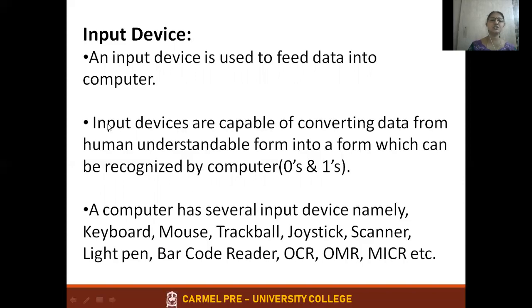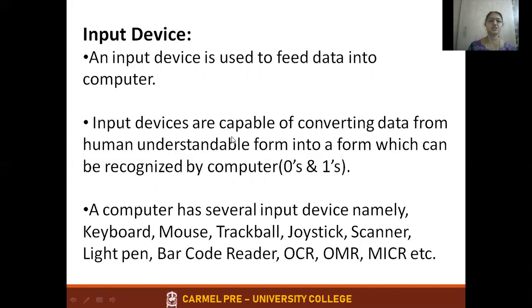These are the three functions of input devices. You can make a note. The major function of an input device is that it is used to feed the data into the computer system. What is the purpose of an input device, or what is the function of an input device? That is a frequently asked question, which I'll be displaying at the end of the session. You need to write, it is used to feed the data into the computer. And second point, you can write, it is used to connect the external world to the computer system.